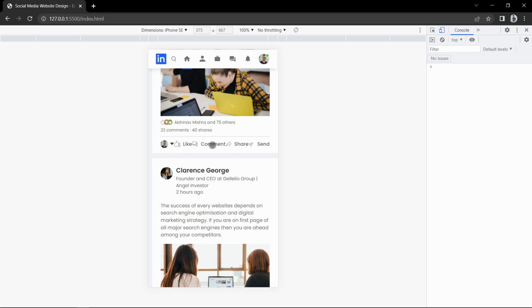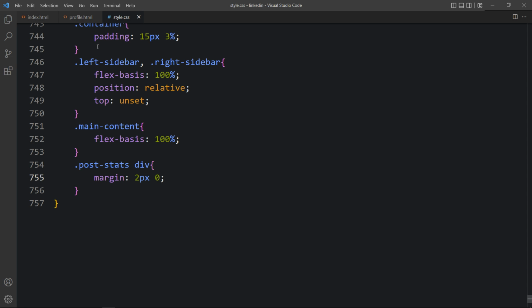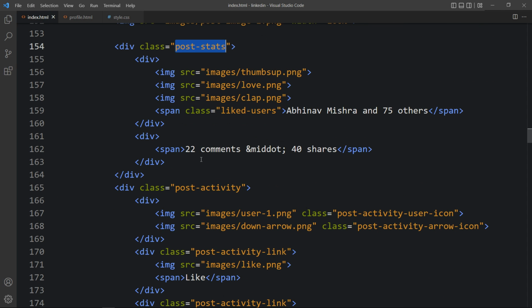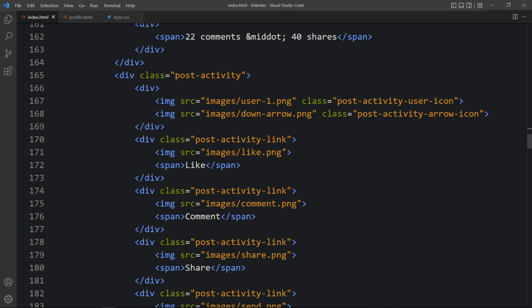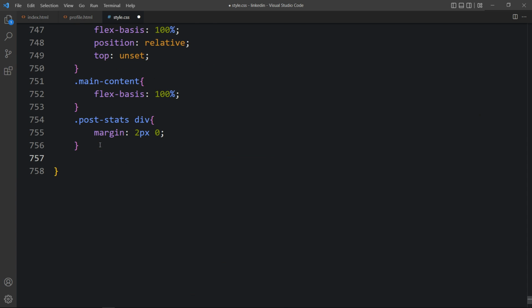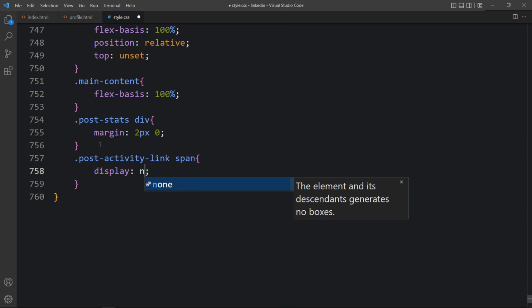After that we have to remove this text from here. Here we will get only icons. So just come back, and in this post activity you can see we have the text in a span tag, and we have the icon also. So there will be only icon. We will remove this span, so we will make it display none. So just copy this class name post activity link, write this class name here, and in this one we will add span tag. So for this span let's add display none,